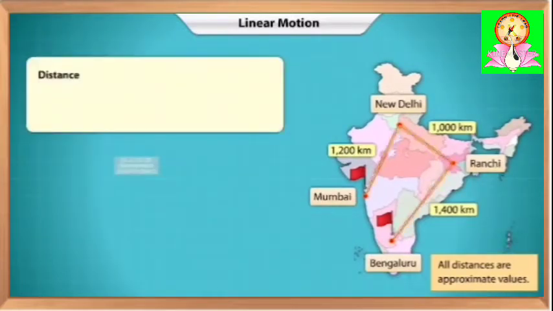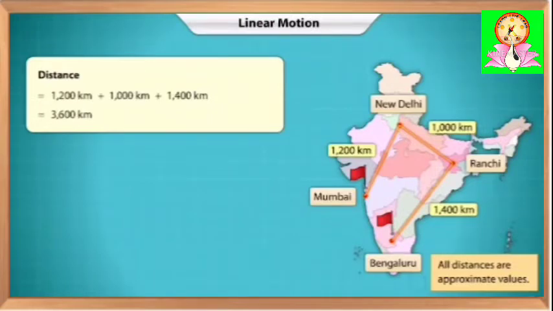In this example, the distance travelled by the person from Mumbai to New Delhi, New Delhi to Ranchi, Ranchi to Bengaluru is the sum of each, that is 1200 km plus 1000 km plus 1400 kilometers. Therefore, the distance calculated is